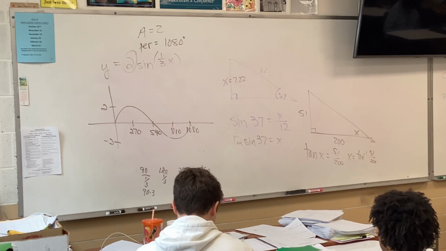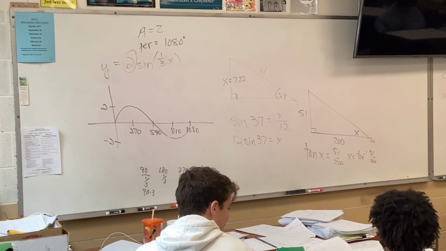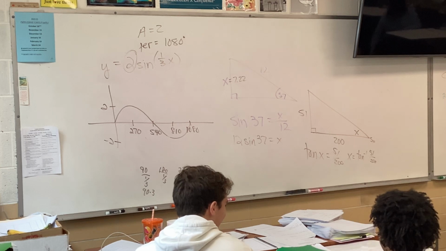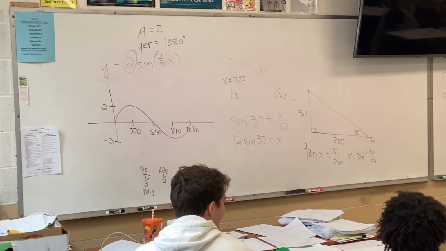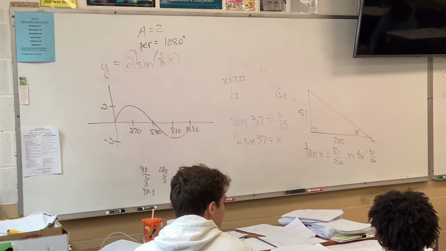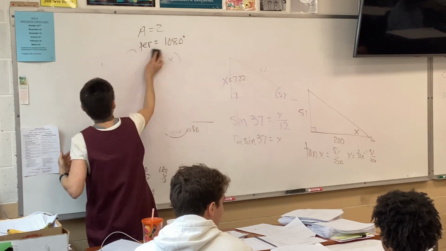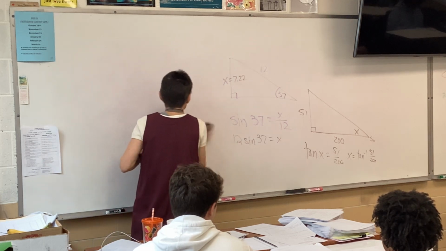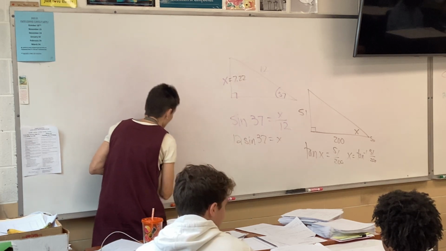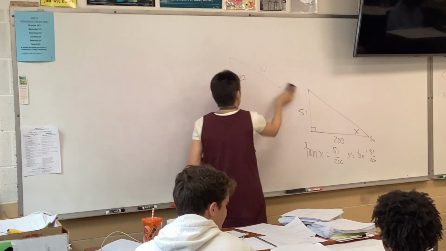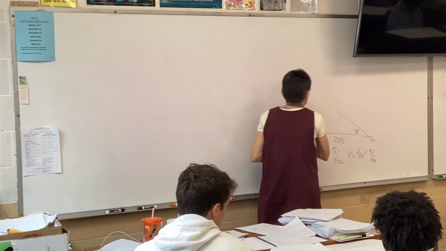270. Those are the places where the tangent is undefined. So if we have a tangent problem with a 90 or a 270 in it, then what's our workaround? What do we do? Change it to sine over cosine. Okay. Now,